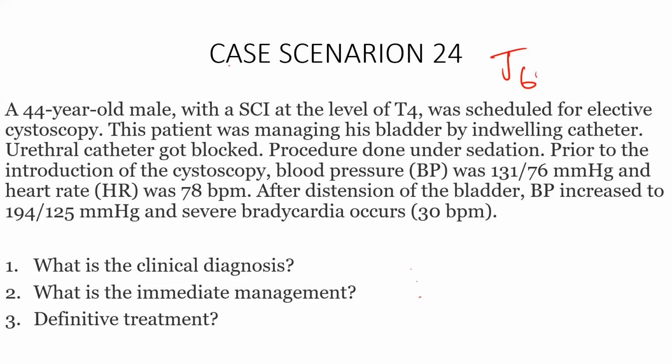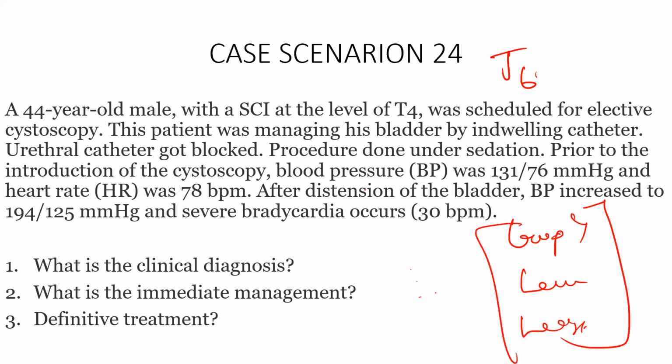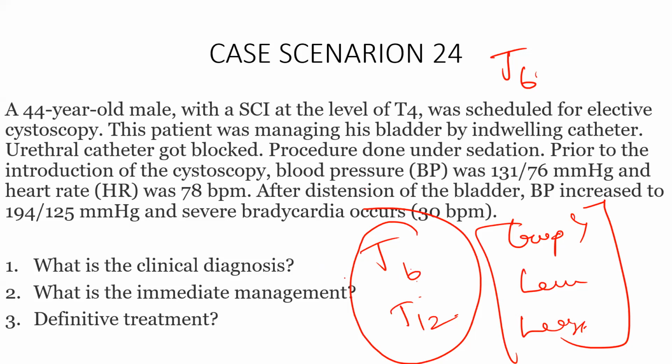It happens only when the spinal cord transection is above the T6 level, because of the splanchnic ganglia. There are three: the greater splanchnic ganglion, the lesser splanchnic ganglion, and the least splanchnic ganglion. These splanchnic sympathetic nerve fibers arise from T6 to T12. These sympathetic fibers are the main reason for triggering autonomic hyperreflexia. That's why only spinal cord injuries above T6 give autonomic hyperreflexia. Why the splanchnic vessels matter, I will explain soon.